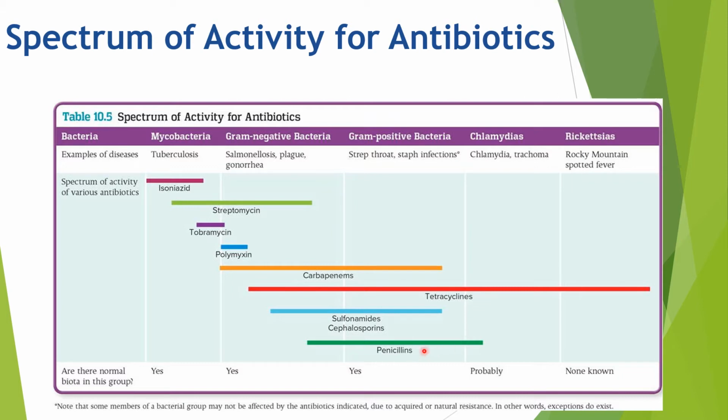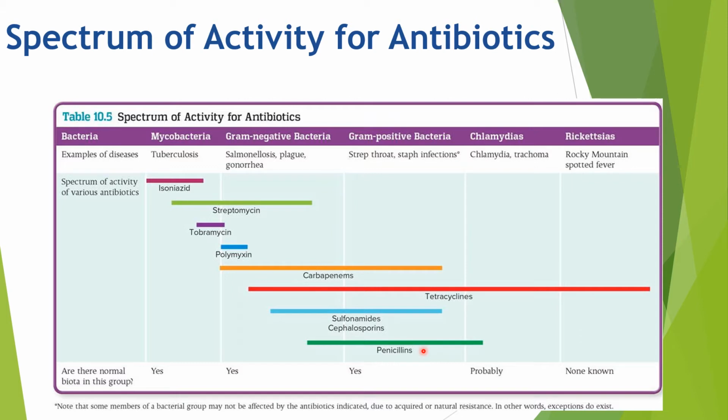ribosomes. If we take a look at penicillin, penicillin is a narrow spectrum antibiotic, and penicillins target mostly gram-positive bacteria, and specifically gram-positive coccus bacteria. Examples of gram-positive coccus bacteria are the ones that can cause strep throat and staph infections, so Streptococcus and Staphylococcus genera. Now, penicillin can target a bit of gram-negative, but not a lot, and so that's why penicillin is still